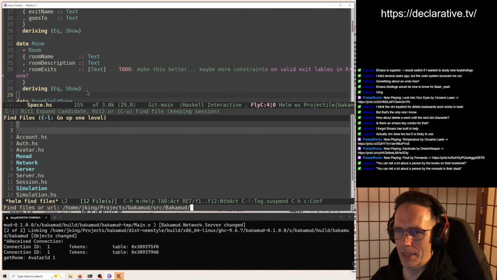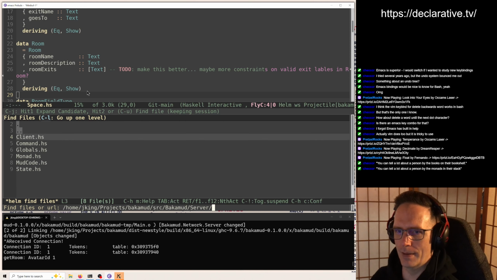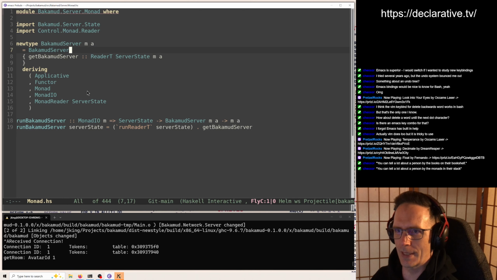But, like, it's just a ReaderT. But getting a multi-threaded networked application running with the ReaderT pattern, I think is probably the messiest part of this code.